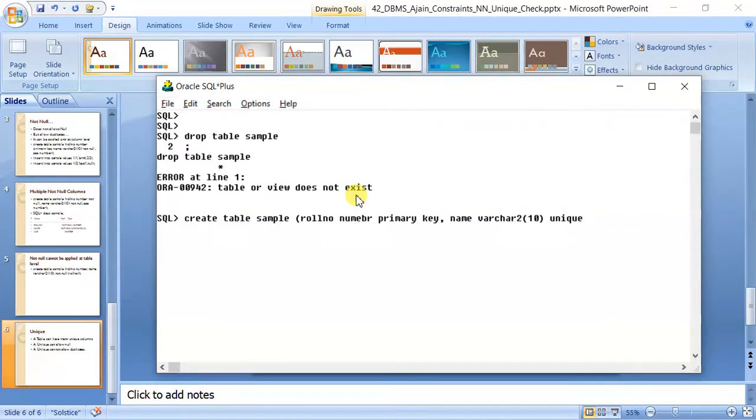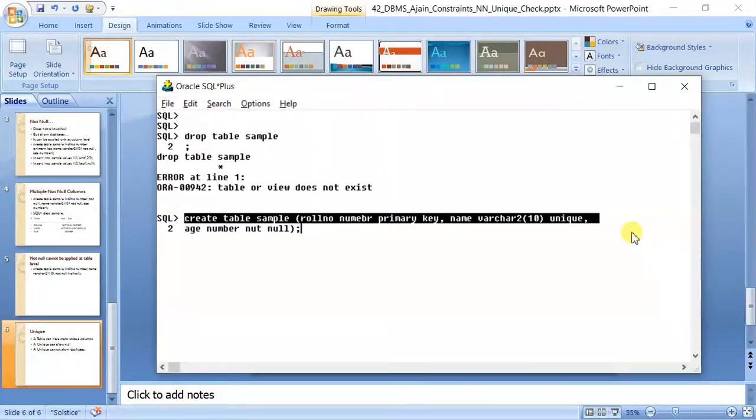So how do we make it unique? By writing unique, comma age, and let us make age not null. So what I have done, I have applied three constraints in this table. Roll number. Okay, the spelling of roll number is wrong. We have to correct it.